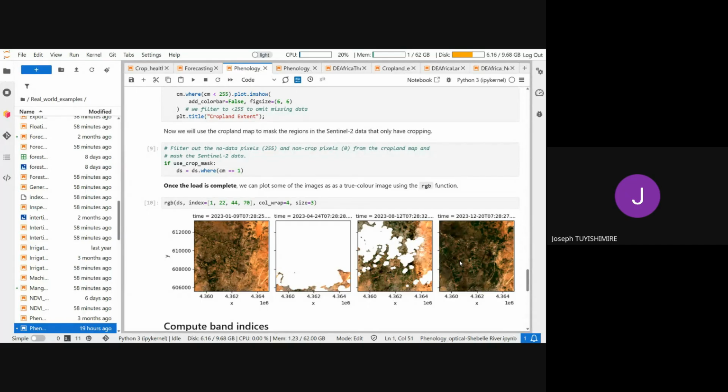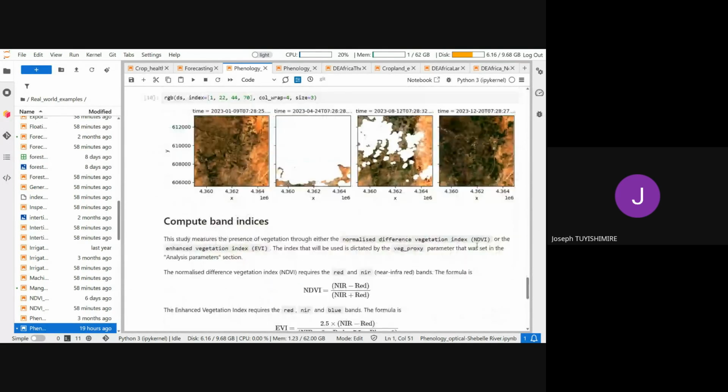That's why the geomedians are better, they're kind of factoring all those clear and cloudy images.